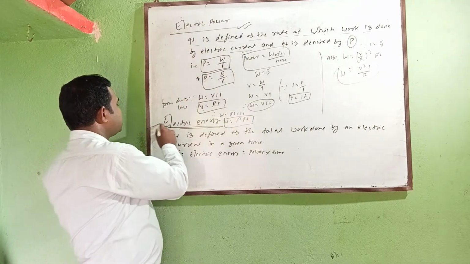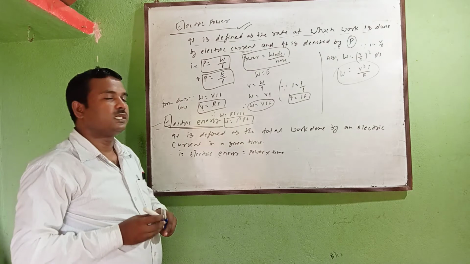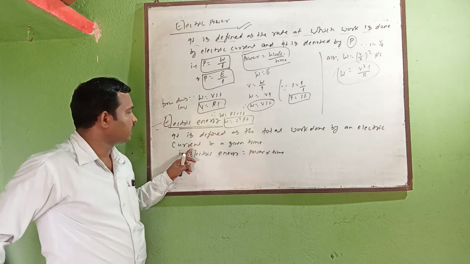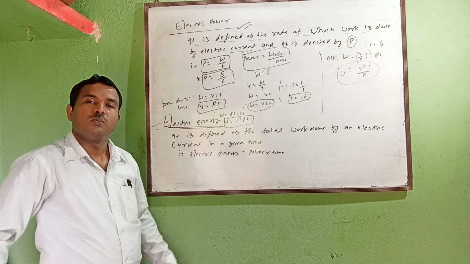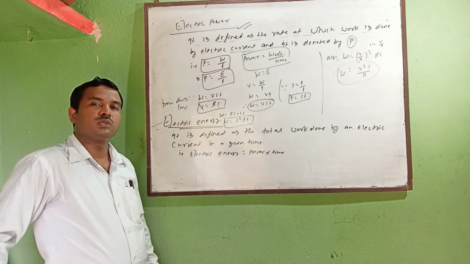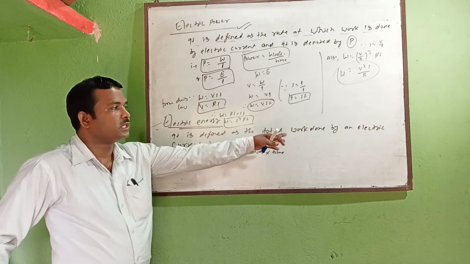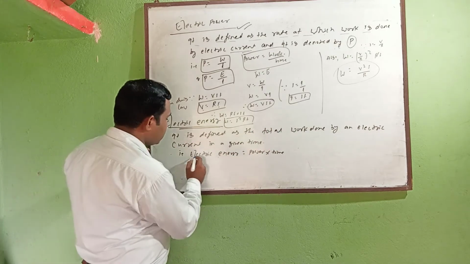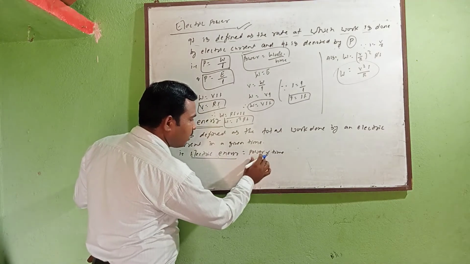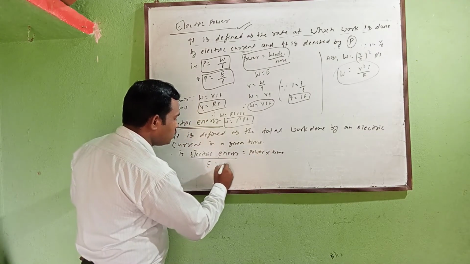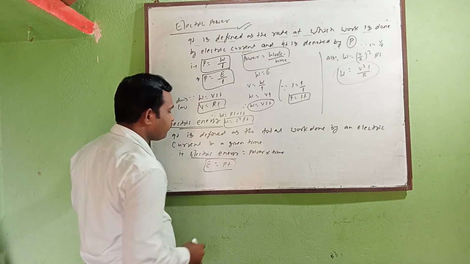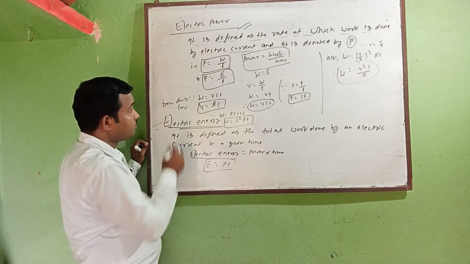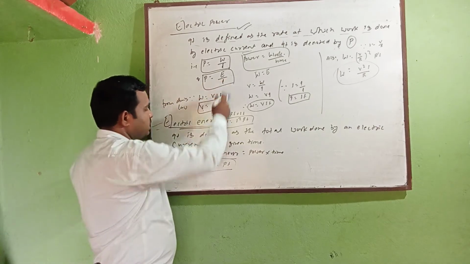And one more related concept is electric energy. Electric energy is defined as the total work done by electric current in a given time. Whatever time interval is given, according to that the work is done. Is it clear? So electric energy is equal to power into time, or E equal to Pt. You can write this here. And the same process: we have the value of P, and this you can substitute here.